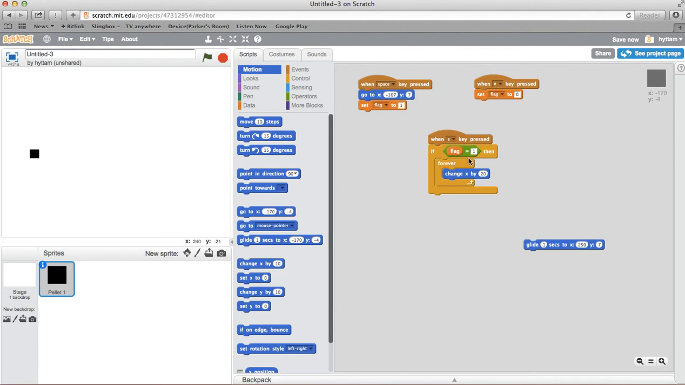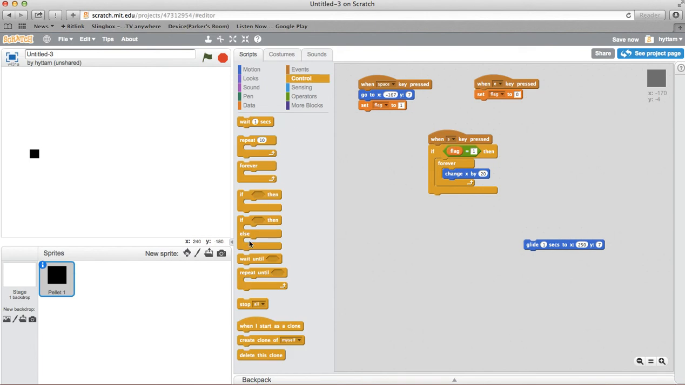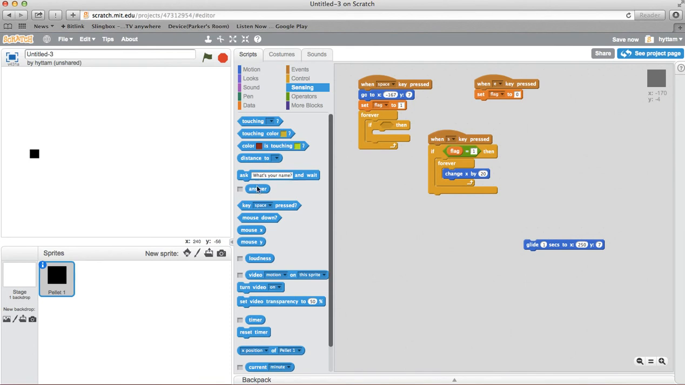And now what I'm going to do is add some controls to be able to move the pellet up and down, because if I have something to aim at, I want it to shoot back and forth. I want it to be able to shoot from any point up and down. So what I'll do here is I'll go to control and put in another forever. And then you know how to do this. I'm going to put in an if and put a sensing so that I'm going to see if I press the up and down arrow. So the up and down arrow will move the pellet. So up,